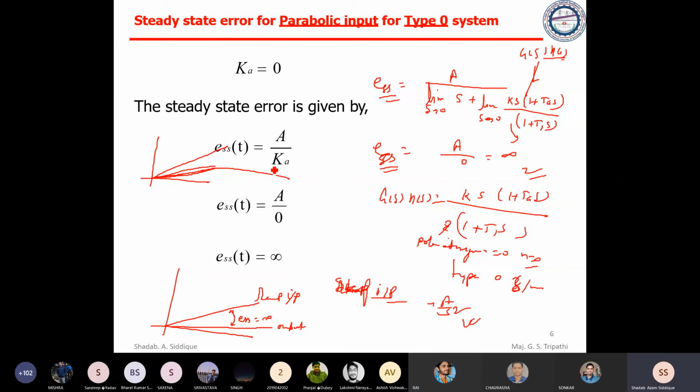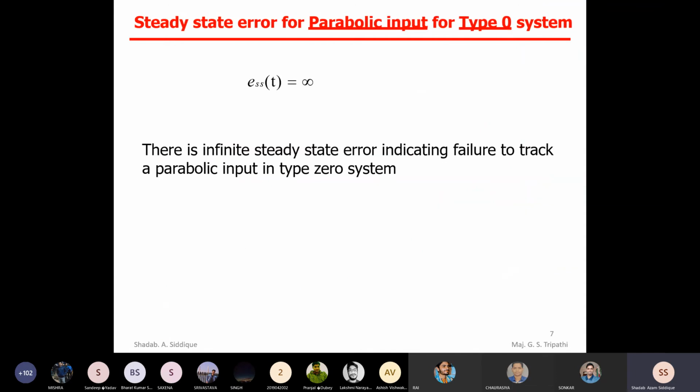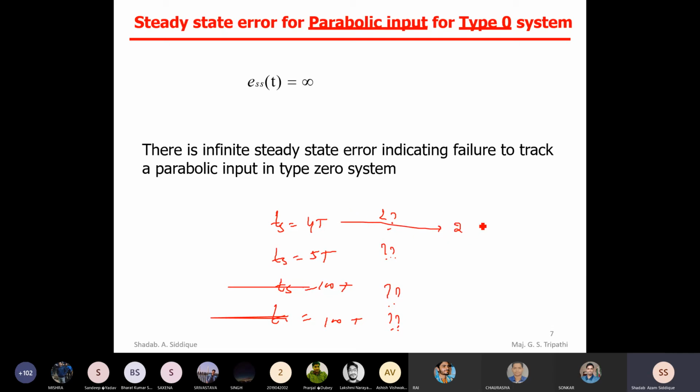बिल्कुल, टाइम वेरिएबल, इट इज टेंडिंग टू इन्फिनिटी, इज नॉट इन्फिनिटी। सी, आपको डाउट, फिर गलत डाउट है, ये डाउट नहीं होना चाहिए था आपको। आई एम टॉकिंग अबाउट सेटलिंग टाइम। इफ सेटलिंग टाइम इज इक्वल टू 4t, if settling time is equal to 5t, if settling time is equal to 100t, if settling time is equal to 1000t, then what will happen? मैंने आपको बता चुका हूं ये चीज, फिर भी मैं बता रहा हूं आपको। सी, settling time 4t, how much error you are acceptable?